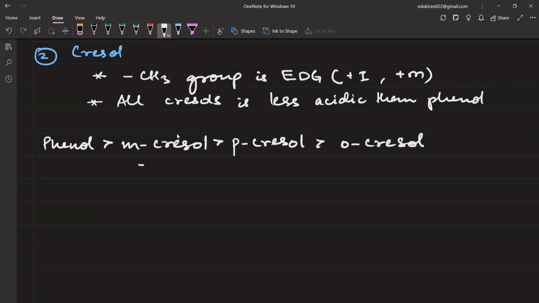Okay, so this is having only plus I. This is having plus I and plus M both. This is also having plus I and plus M both. But O cresol is less acidic because CH3 is nearer